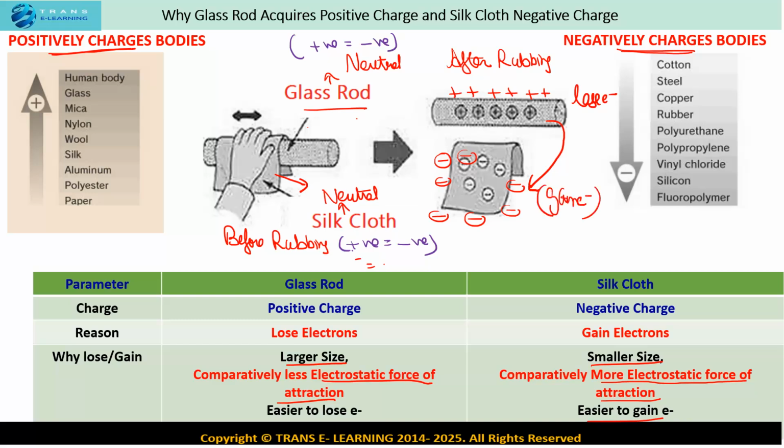So now you know the basics, that the one which loses electrons has comparatively larger size and comparatively less electrostatic force of attraction, whereas the substance which gains electrons has a comparatively smaller size and comparatively more electrostatic force of attraction. So in this case, the silk cloth will gain electrons and the glass rod will lose electrons. That is what I was telling you earlier, that you have to see the comparison when you are rubbing two bodies